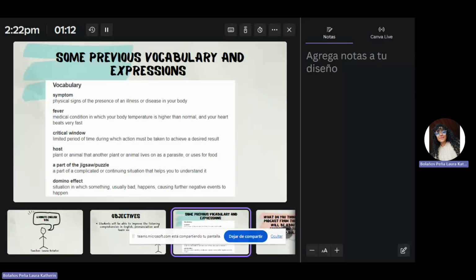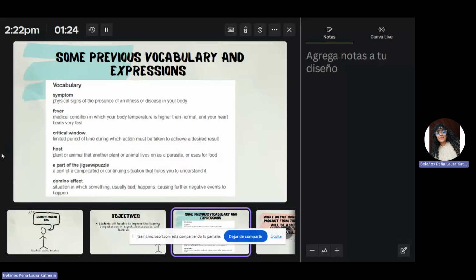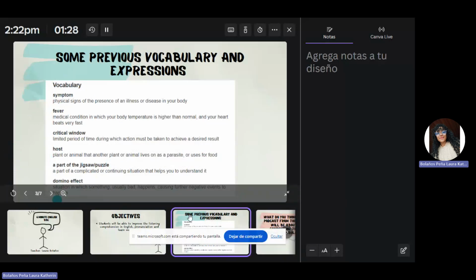before listening to the podcast, for you to get familiar with the vocabulary that is going to be presented in there. So here we have symptom, fever, critical window, host, a part of GSAG or puzzle, and domino effect. According to this vocabulary and expressions, we are going to move on to the next activity,